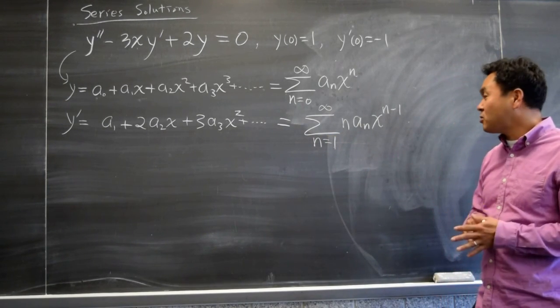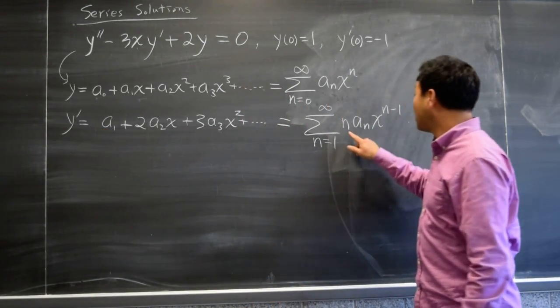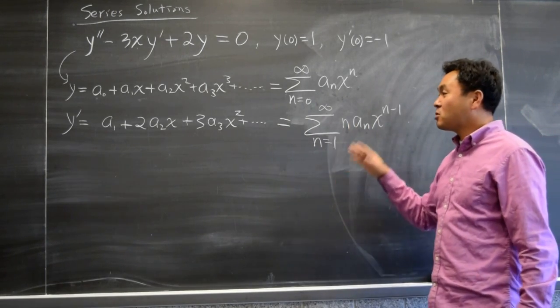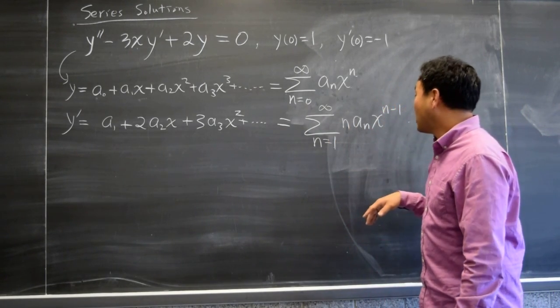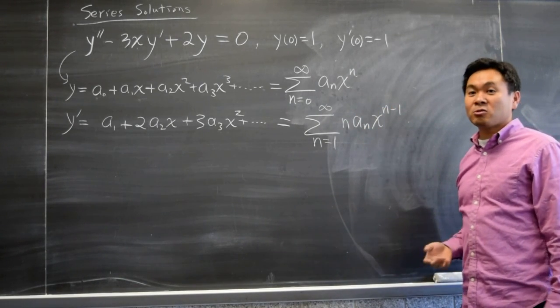Now it doesn't hurt to say n equals 0, because if n is 0, then you get 0 times a0 times something, and 0 times anything is 0. So that's still fine. However, this will make the computations better. Now we will be going